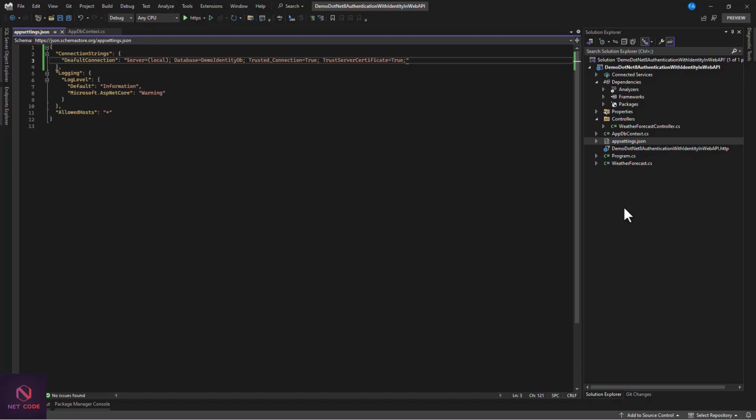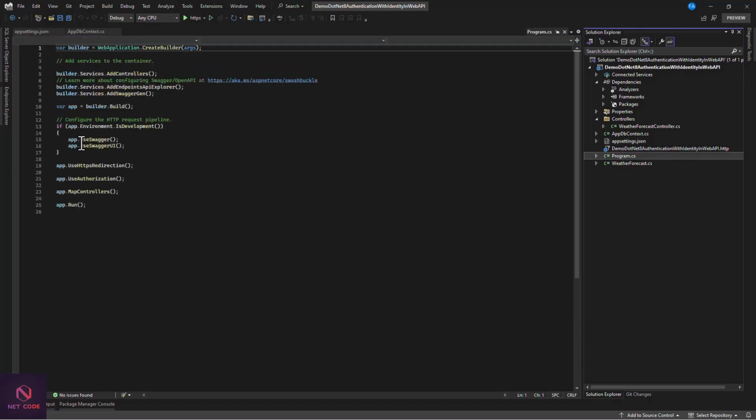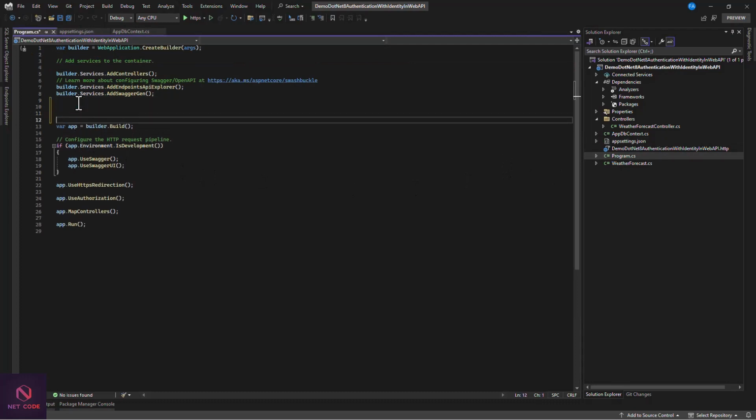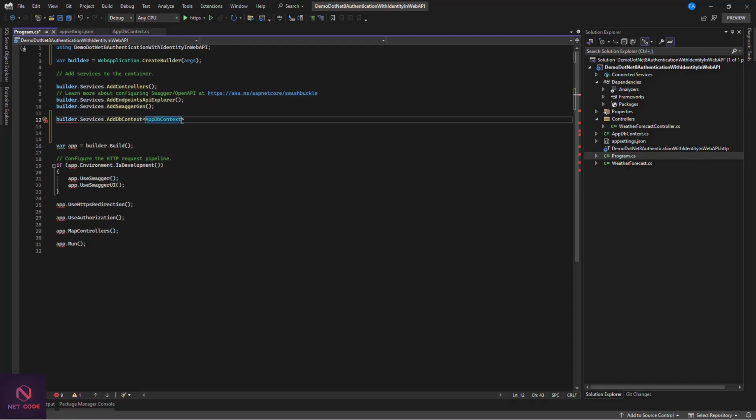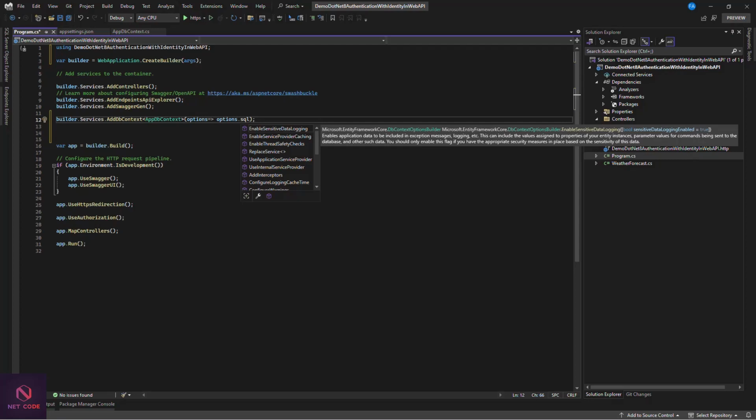Now let's navigate to the Program.cs file, and in here, before the app build, that is where we're going to specify all these things. So what we're going to do first is register the database connection with builder.Services.AddDbContext. Then we can specify our AppDbContext class that we created. Now with this, we need to specify options as a parameter here. So we say options, and we need to use SQL Server. So options.Use